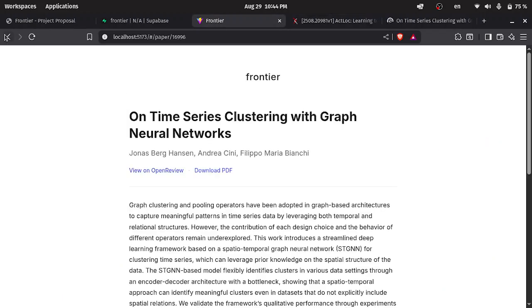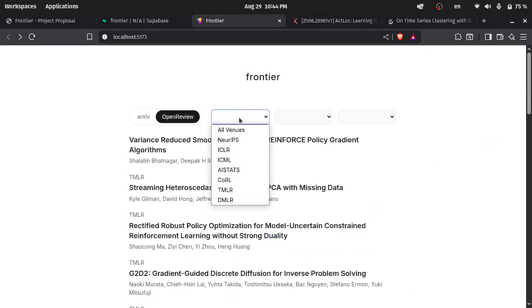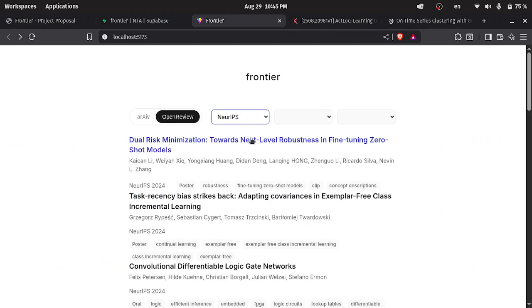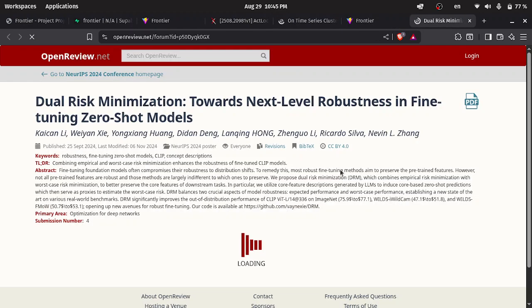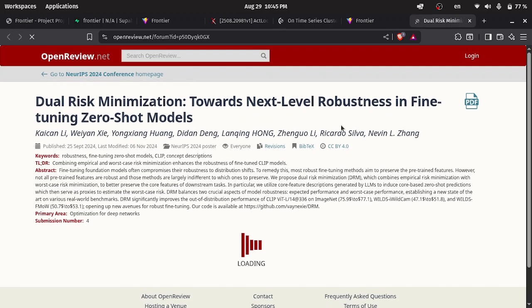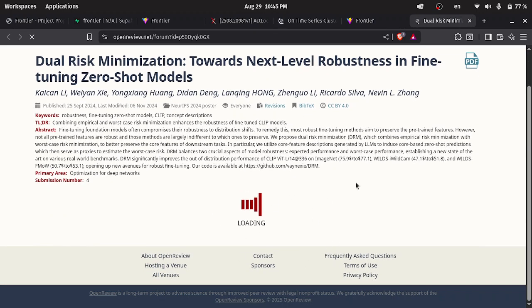So let me get another paper. Say I want to see this on OpenReview. Okay, there could be a problem with the OpenReview servers. It's taking a long time to load. Anyways,